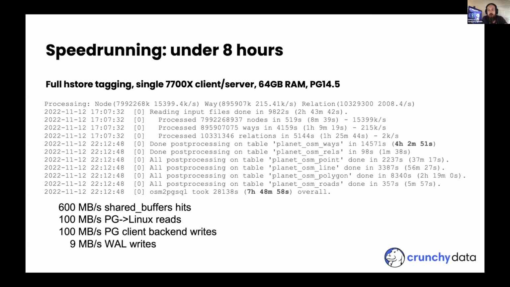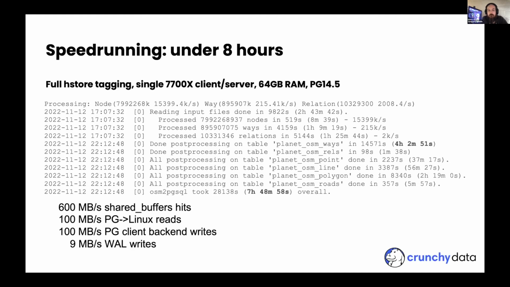If you don't care about being able to update the database later, there's ways you can slim this down, and you can make it faster, but you can't update it afterwards. There's versions that turn off optional features like tagging, indexing, and that sort of thing. I'm trying to do the difficult job and use all the cool Postgres features and extensions that are available to me. I'm pretty happy that I can get the entire world's worth of data loaded and ready to go